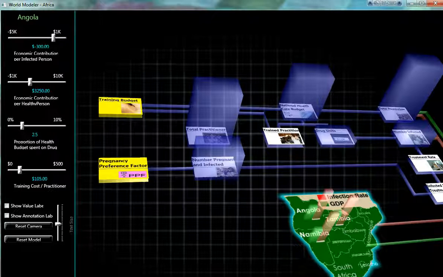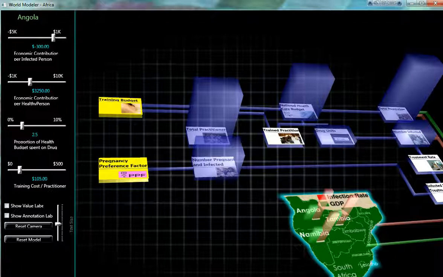World Modeler helps to simulate important decisions in the world, and today I'm going to tell you how it can be used to understand policy decisions in disease control. In this particular instance, we're going to illustrate how World Modeler can be used to understand the cycle of disease